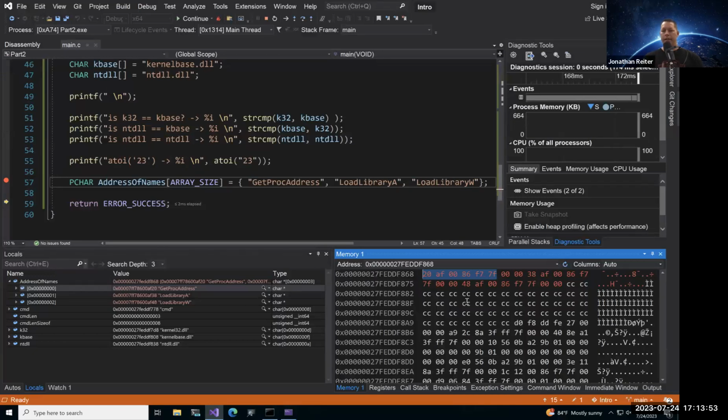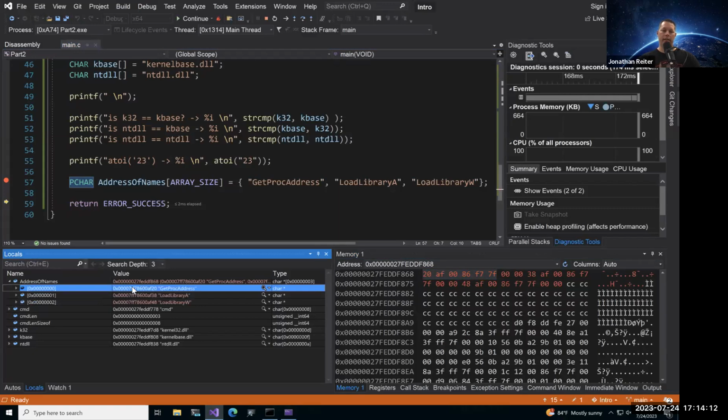Same thing can be applied in memory. We just have an address, like a street address where something is located. For this PCHAR, a pointer to type char, we see the very first item is this guy right here. To see it in a little endian style, look at the locals window. And it's 7FF78600AF20.